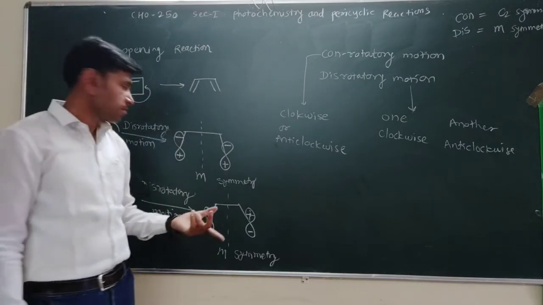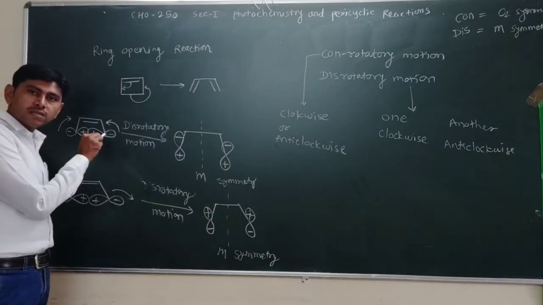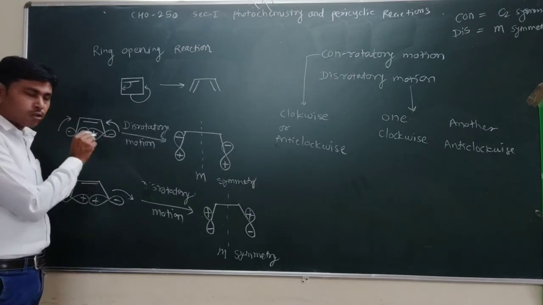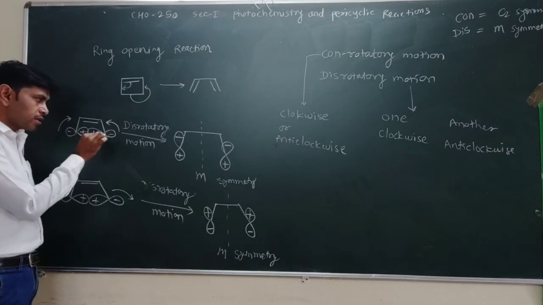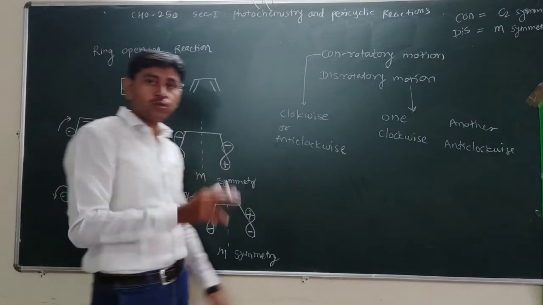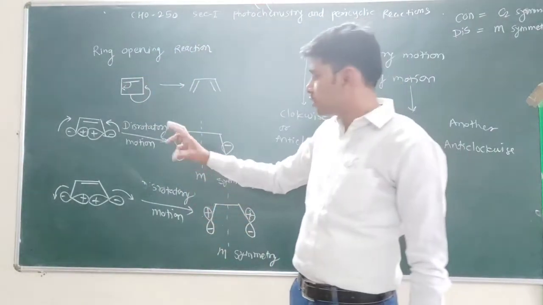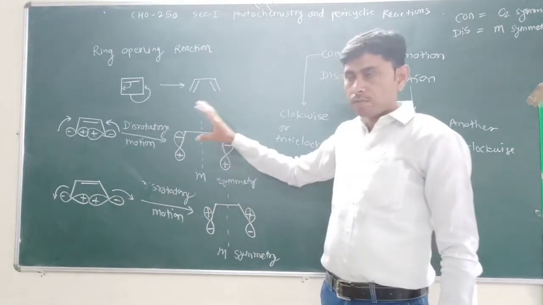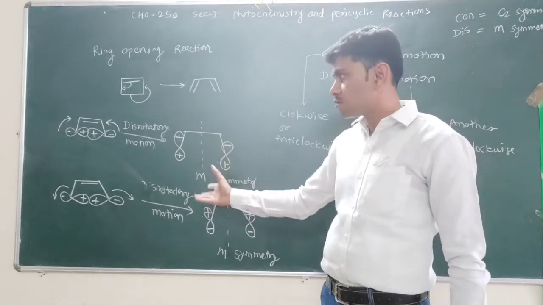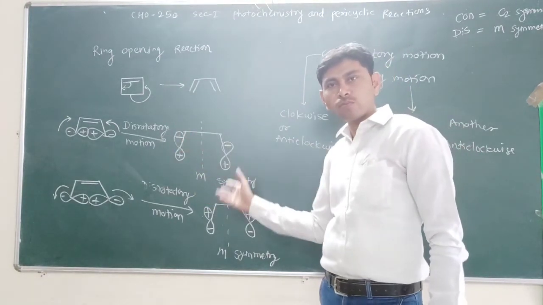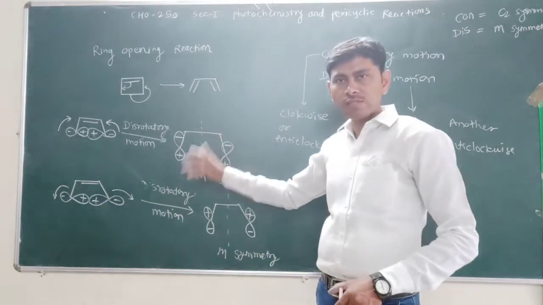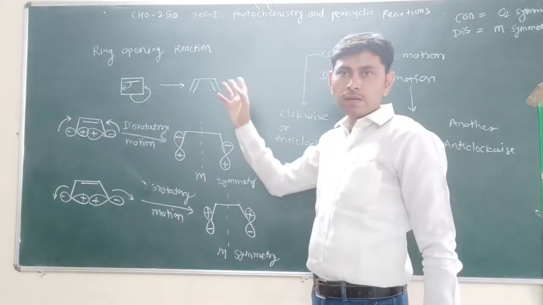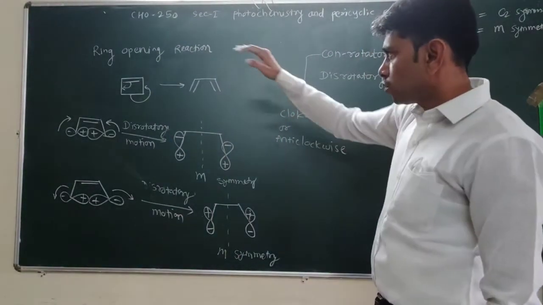When a substituent is present on these carbons, the carbons whose sigma bond is going to break, along with these orbitals the substituent also rotates. The substituent also changes its direction, and it results in a certain stereochemistry of the particular product obtained. So stereochemistry also changes. When the orbital changes, the direction of the group changes, and stereochemistry also changes. We'll see that by taking some examples, because it is important to understand the stereochemistry of the product obtained and of the reactant. So this is ring opening reaction.